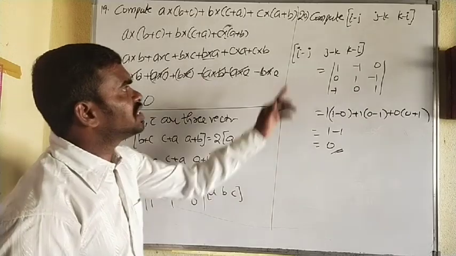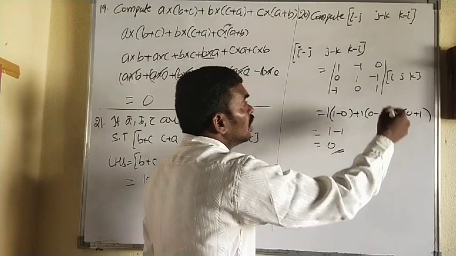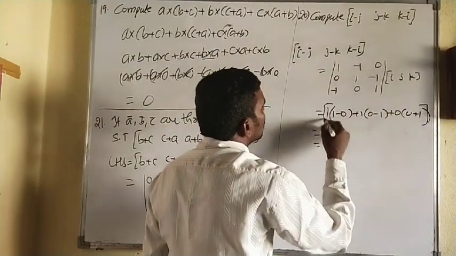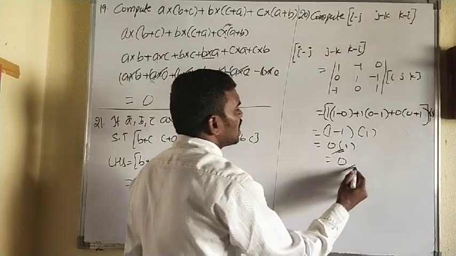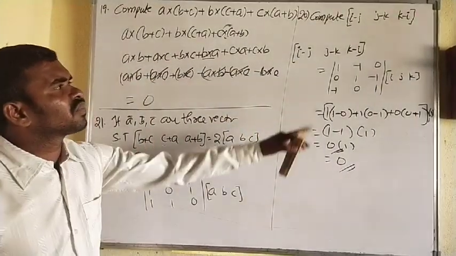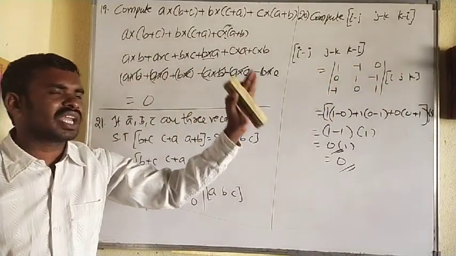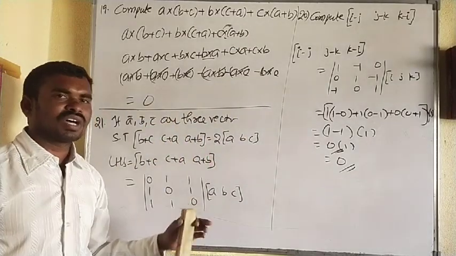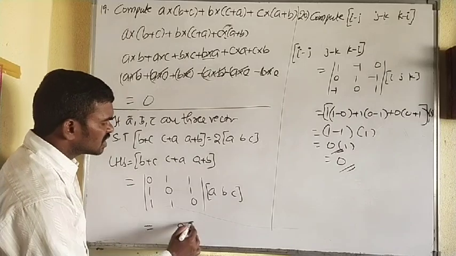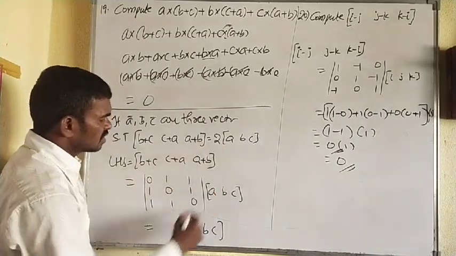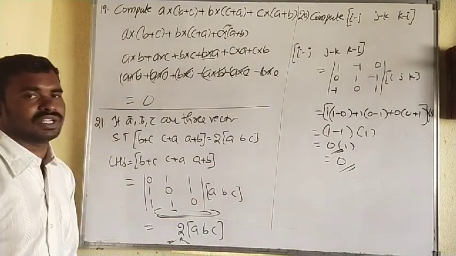Wherever the box contains A, B, C, we should write into box ABC. If it is i, j, k, no need to write, because box ijk value is 1. Even if you write box ijk, also no problem. So 1 into 0 into 1, 0. Then also we get the same answer, but finally what box ijk means is 1. Okay, i is a unit vector, j is a unit vector, k is a unit vector, but A, B, C are some vectors. So simplify this, you get 2, and what is that term? Box ABC. So got it, RHS, is called RHS henceforth. Do the calculation part in the middle, okay? Do that calculation and write it. Don't write it directly.